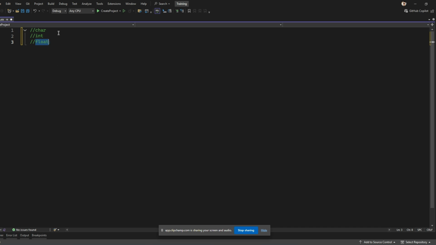So, examples of a character would be capital A or a small a, capital B or a small b. Integer would be 1, 2, 3, 4, anything, and a float would be 1.1, 2.1, and so on. So these are different formats or types of data. Now let's jump on to